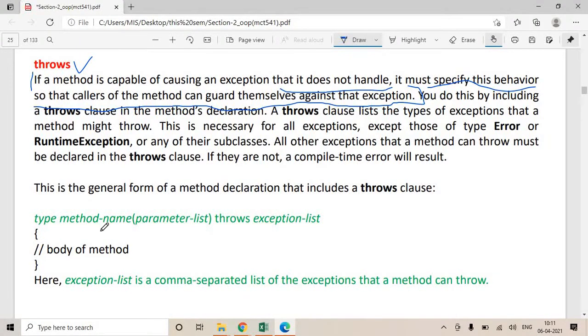If you are writing a function and that function is throwing some kind of exception, and in that function you are not writing a try catch block, you are not writing an appropriate handler to handle that exception which that function can throw, then this would lead to a compiler error.